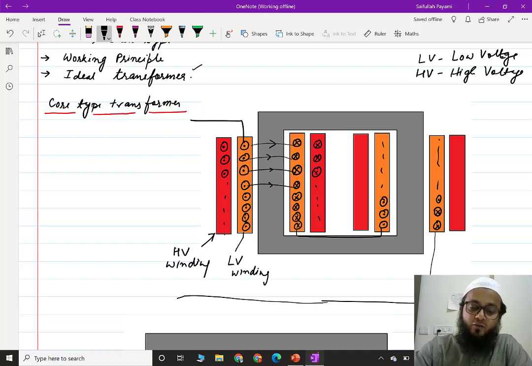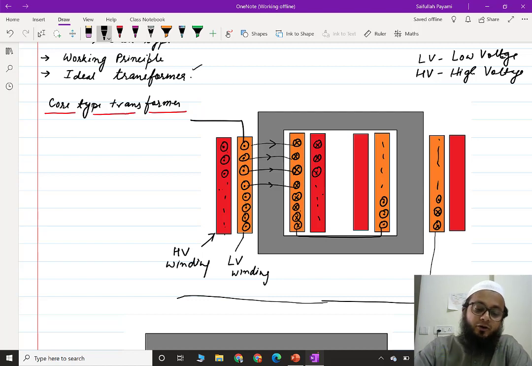So you have the low voltage winding and then over it you have the high voltage winding, and purposely it has been done. In this way, the chances of flux leakage are minimal. Whatever flux leaks out from the primary winding will actually link with the secondary winding as well, or whatever flux leaks out from the low voltage winding will link with the high voltage winding. So we are actually reducing the flux leakage. I'm not saying all the flux leakage would be eliminated, no, but some of the flux which leaks out of this winding, the one shown in orange, will link with the red one.